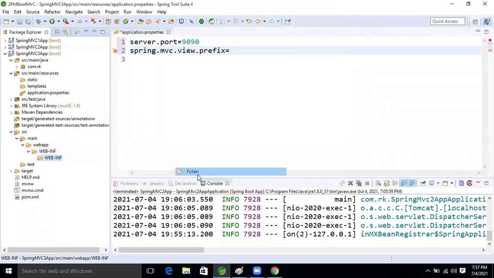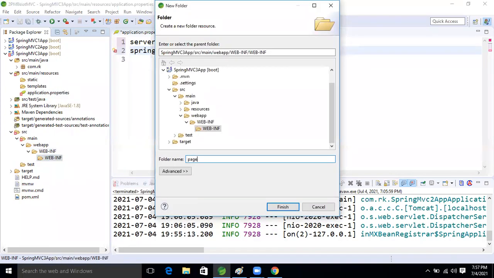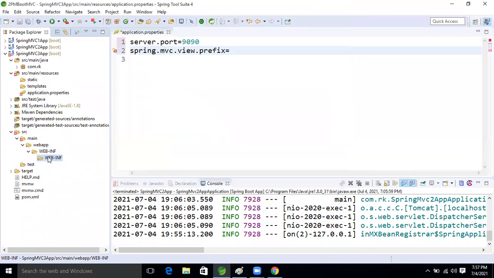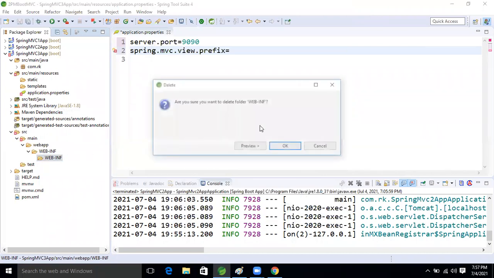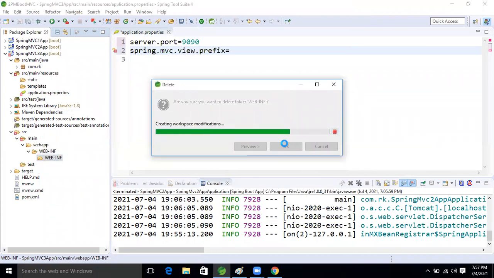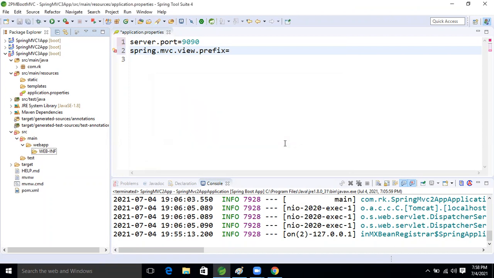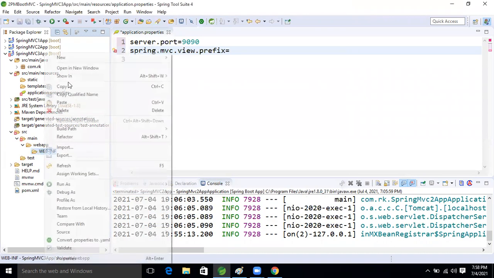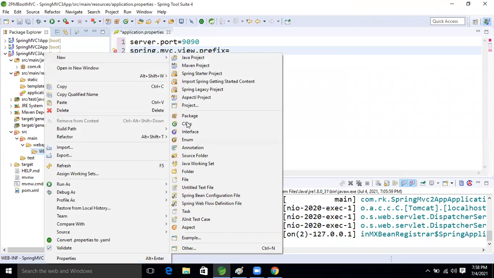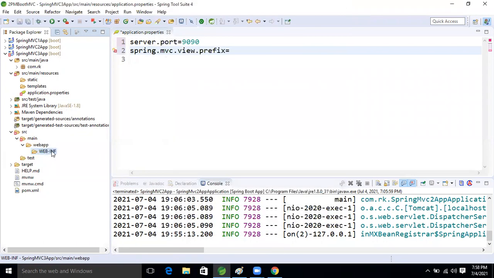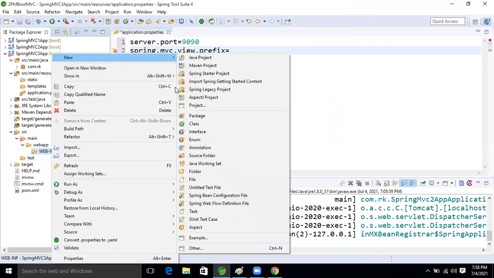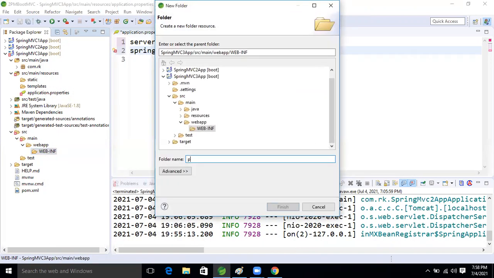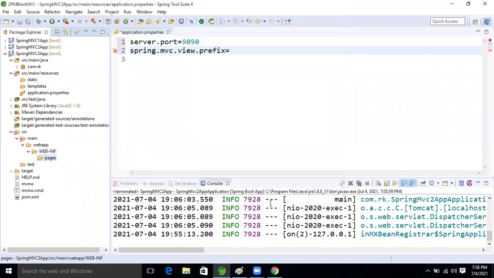Ravi, please delete, the web folder was created 2 times. Right click new, and here, pages, right? Now finish it.